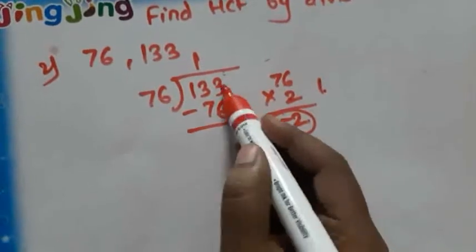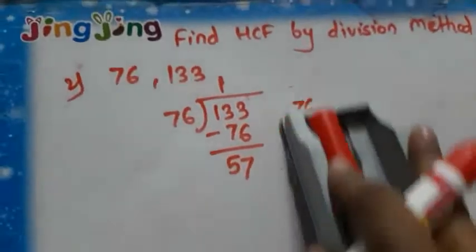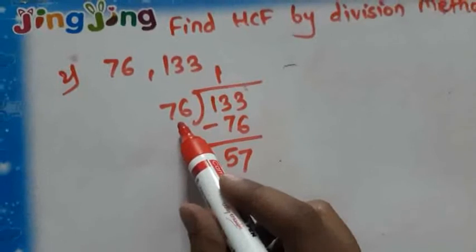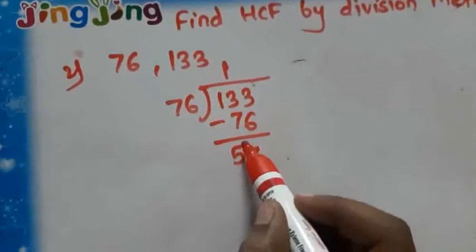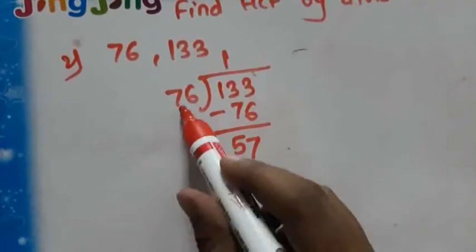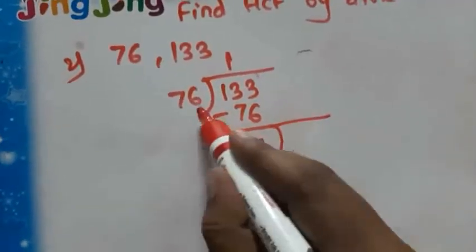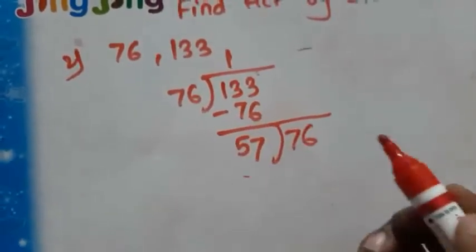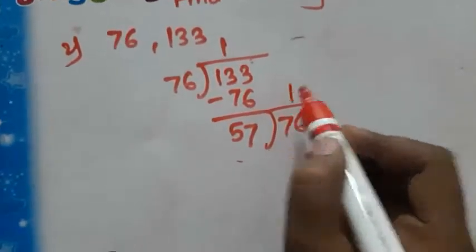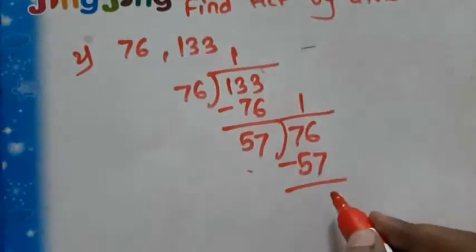76. The remainder will be 57. Now this 57 is smaller than 76. So again we have to follow step 2. By the remainder we have to divide the previous divisor. So 76 divided by the previous divisor 57. These numbers are nearly equal, so we can go for 1 times 57. Subtraction will be